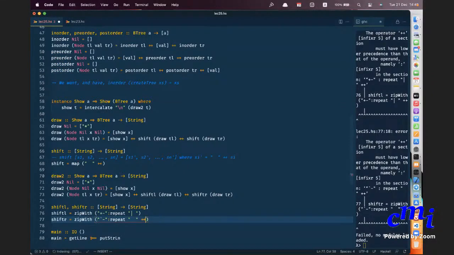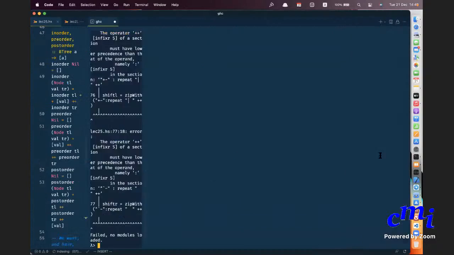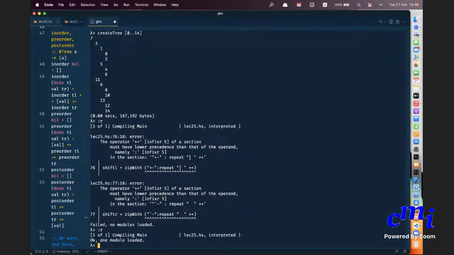Oh, it's not map, right? It's zipWith. So I have to put the operator first. Okay, that's it. So go here and reload, compile, and it works correctly.